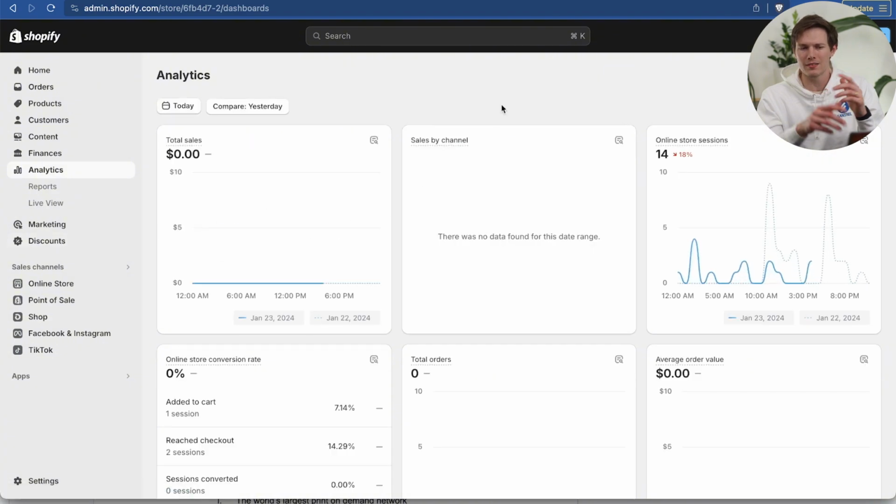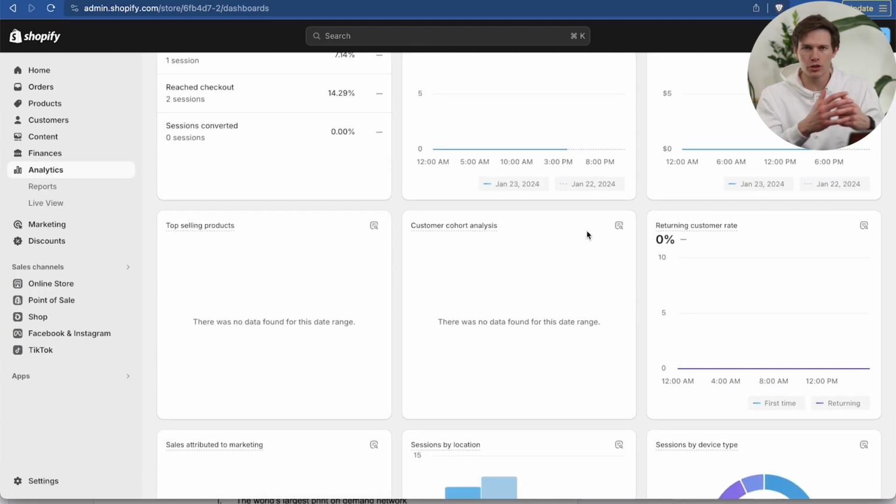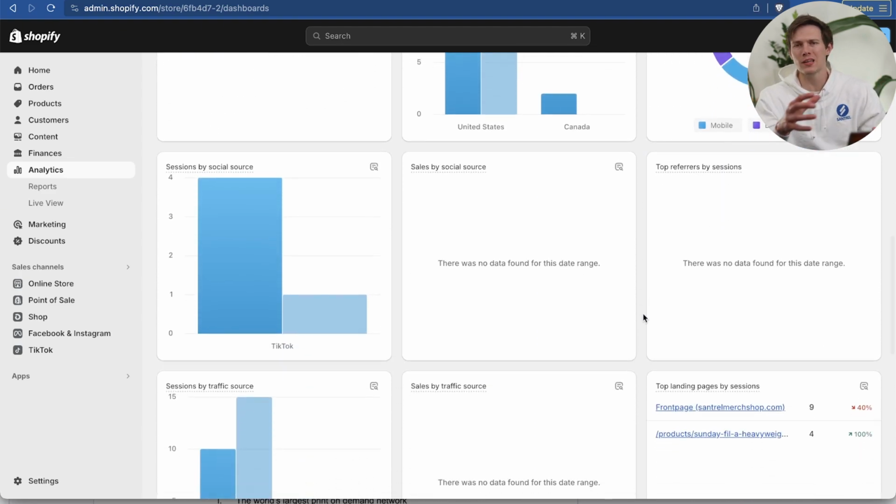Analytics is much more based on how your website performs. So how many sessions there are, which is how many people visit your website, how long they spend on your website, what their conversion rate is. So do people end up getting stuck by adding to the cart? Do they end up clicking twice and then they don't purchase? You want to know where you can be more efficient, and this is going to be your lens into